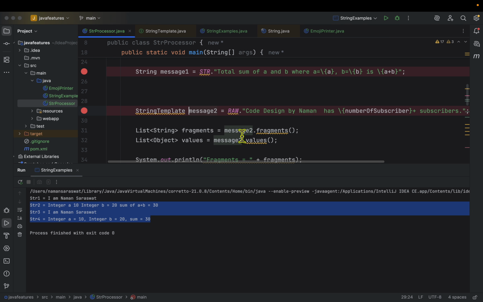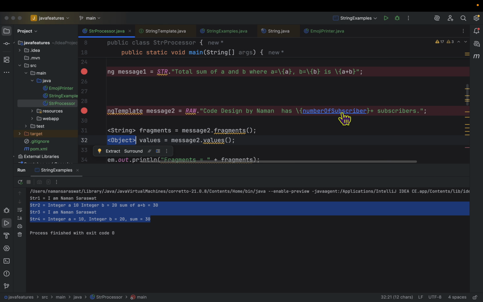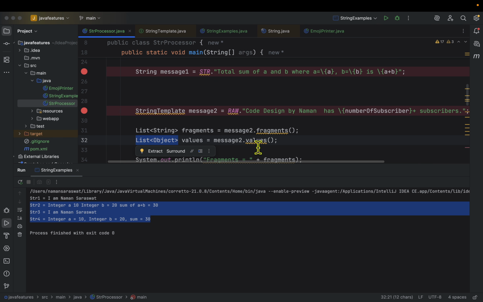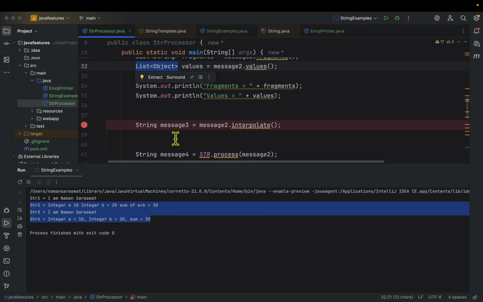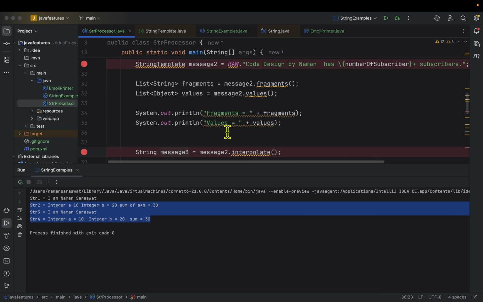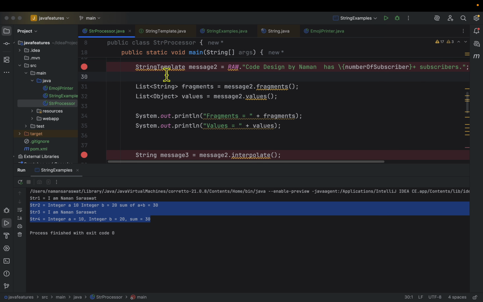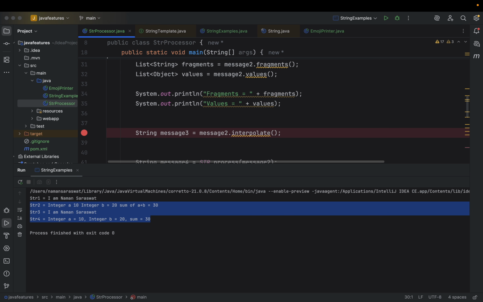As I talked about, this template has two things: one is fragments and one is values. Fragments is going to be a list of strings and values is going to be a list of objects, as we can have different types of variables here. It can be an integer, it can be a string, or it can be any other thing. So here we are printing the fragments and values. We will see. Then we have created one more, message 3, where message 2 is of type string template, and we are